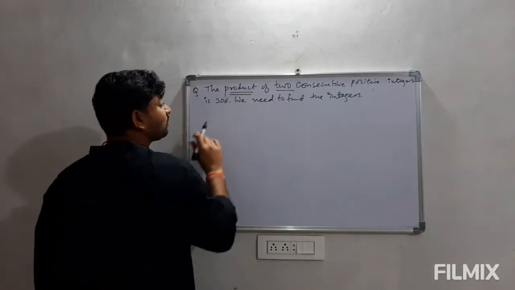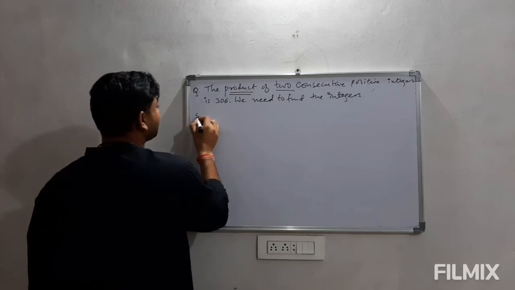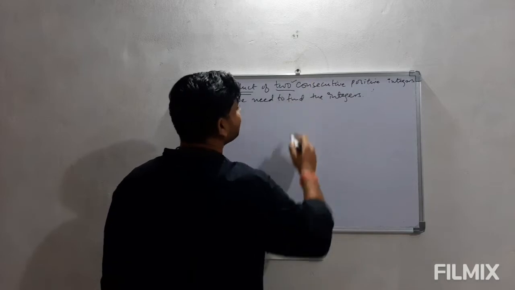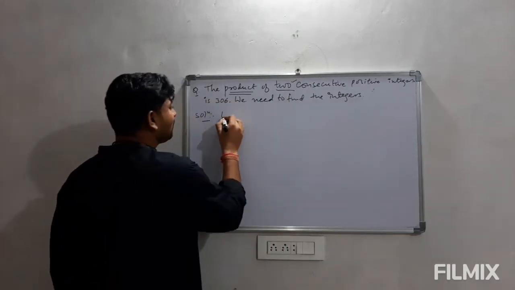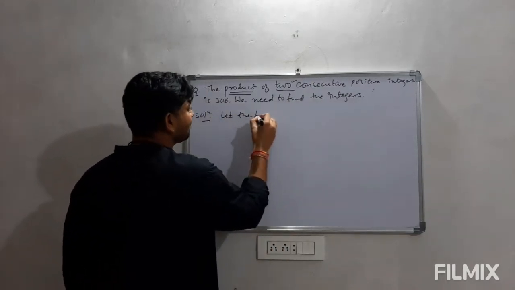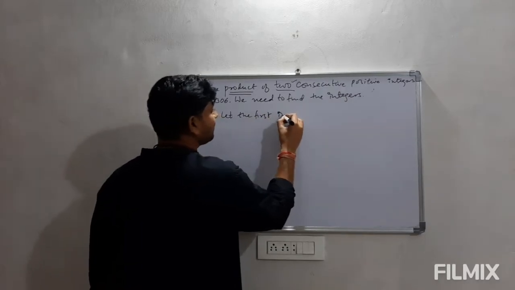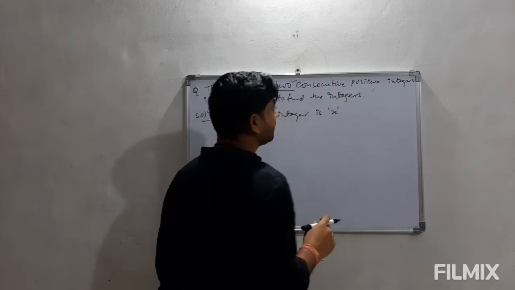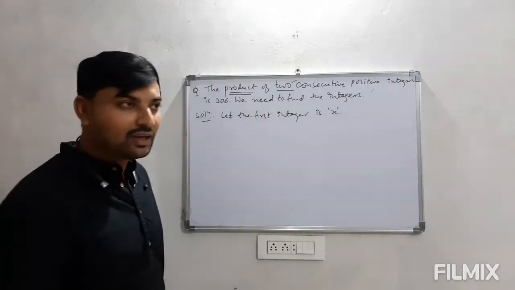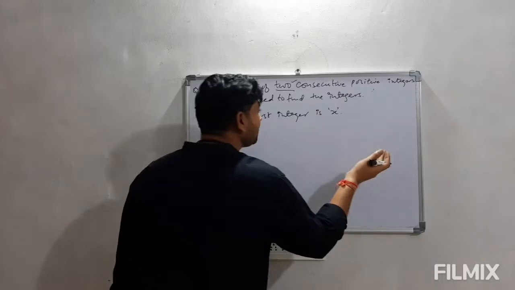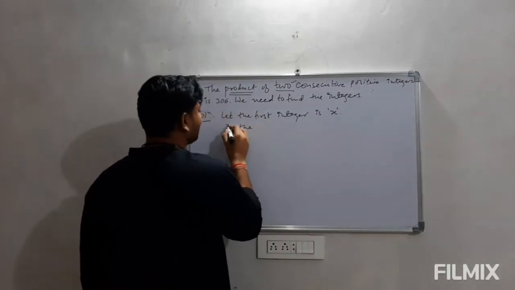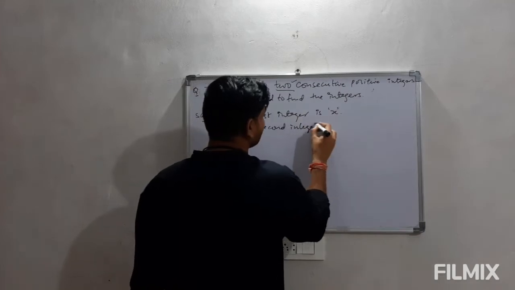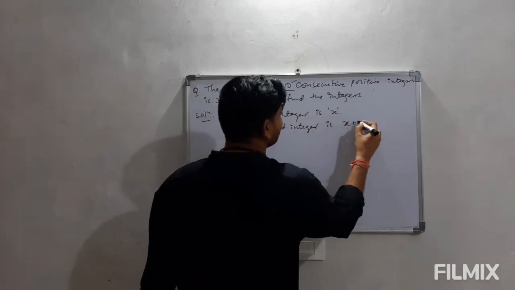We have a condition that the product of these two positive integers is 306. So what we are going to use here is, we have two consecutive positive integers. So we'll assume that the first integer is x. Now consecutive means continuous, means the next term. अगर पहला नंबर x है तो उसके जस्ट बाद वाला x+1 आएगा. And the second integer is the next one, that is x+1.